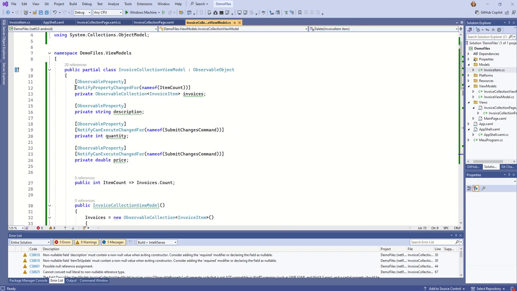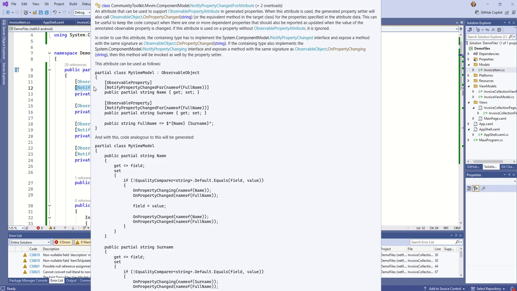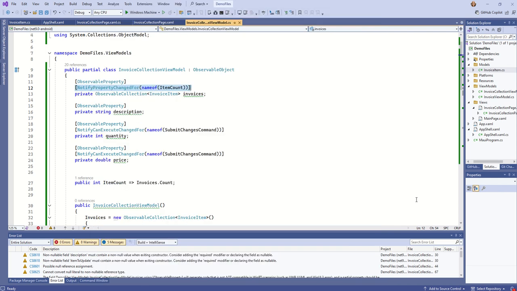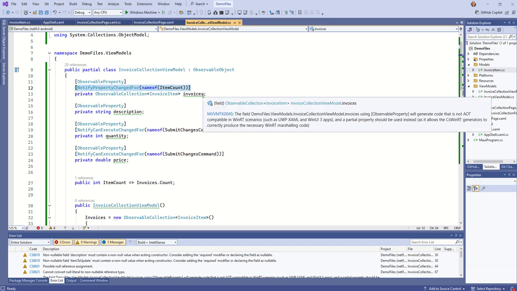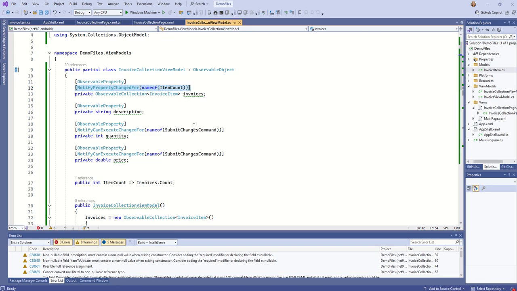Now, notify property changed for is a way of raising the on property changed event for an item when some condition happens. And in this case, when we put it on an observable property, the condition that has to happen in order for the property changed method to execute is that this thing gets reassigned. So if I had said invoices equals new observable collection, like we do here in the constructor, that invokes the set block of our invoices property,